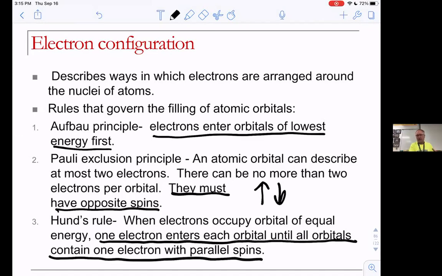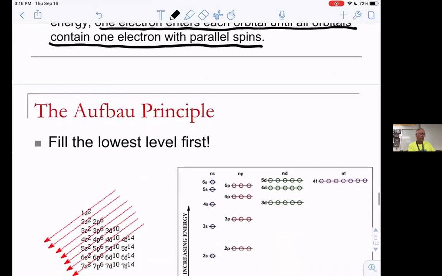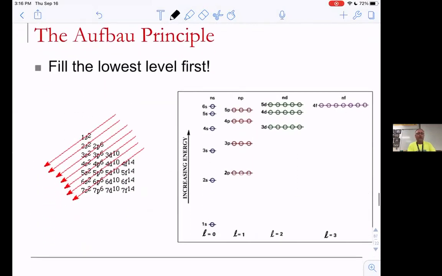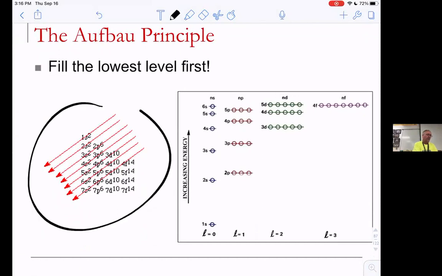I'm going to show you that in an orbital diagram with arrows representing the electrons, which will help to better explain that here in a few minutes. All right, so here they are also. Here's the Aufbau principle. They fill the lowest energy level first. This little graphic over here that I've circled,